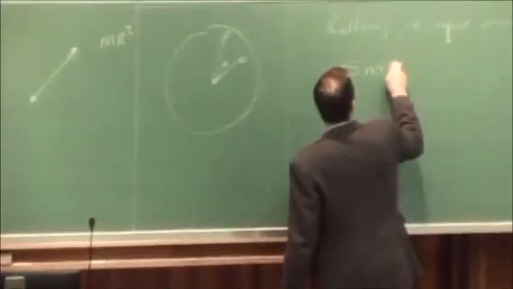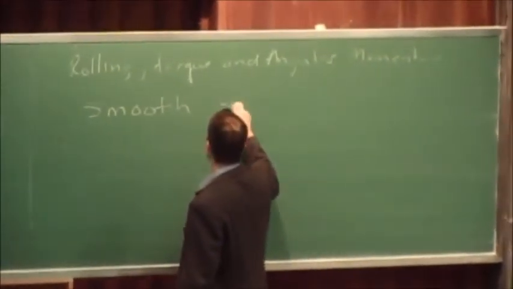What we're going to consider is that it's moving along in this path so that there isn't any kinetic friction, only static friction. All right, so in smooth rolling motion,